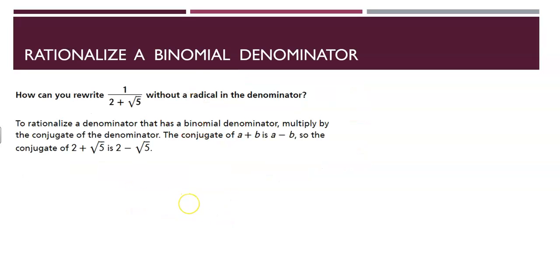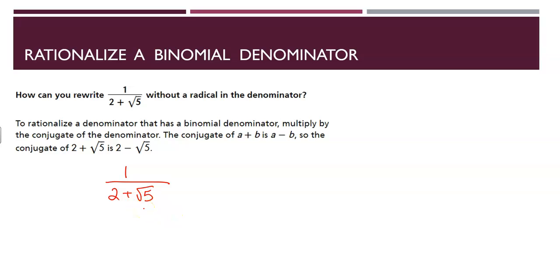All right, now we don't like those radicals in the denominator. But I have a binomial here. I have 2 pieces that I'm adding together, and one of them is a radical. If you remember from the past unit, we had what we called conjugates. And we found out that if we multiplied a plus b times a minus b, it would get rid of the radical. And you kind of did that in the previous problem too. All right, so to rationalize this,